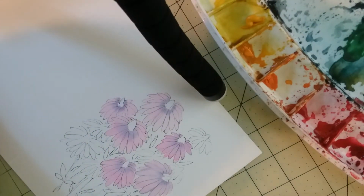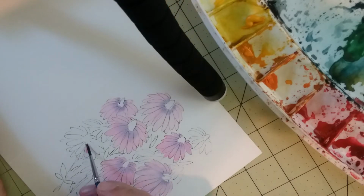And I've got it pretty watery, and so I'm just going back, and you see when you lay it down, it's quite thin. And this is a size 2 brush. This is just a little card. This is a 5x7 card. And then after I get some of them done here,